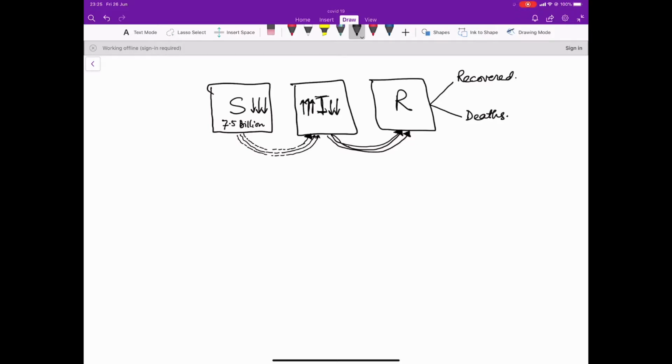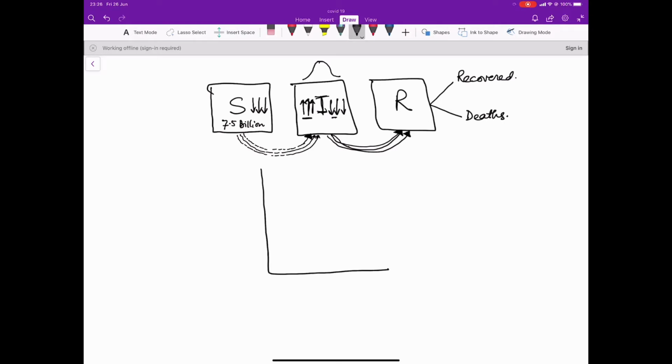In the beginning, more people are being added, fewer people are being subtracted. So in the beginning, this would increase. A time would come when the number of people being added would be equal to the number of people being subtracted. There it would reach a plateau, and after that the number of people being subtracted would increase as compared to the number of people who are getting the infection, and in that case the graph would come down. So if we draw this on an XY graph,